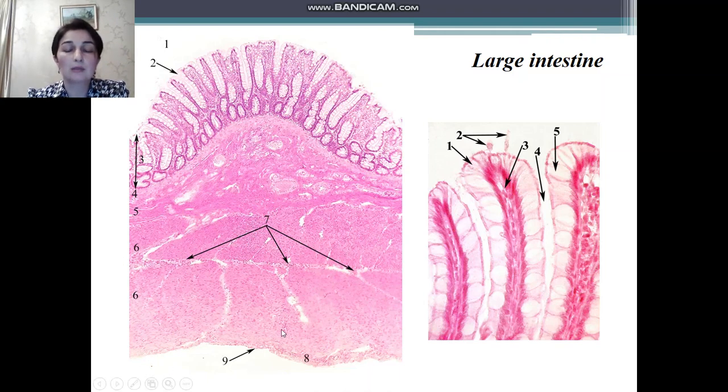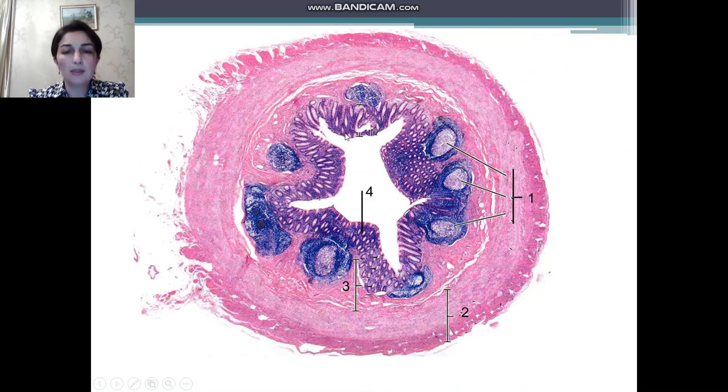And the contraction of the muscles between the taenia coli will form the haustra coli, that are outpouchings on the surface of the colon. The outermost coat is the serosa. The serosa will have fat-filled projections that are called appendices epiploicae. The appendix is the process, an extension of the cecum. The distinguishing feature of the appendix is the presence of a large amount of lymphoid follicles in the lamina propria